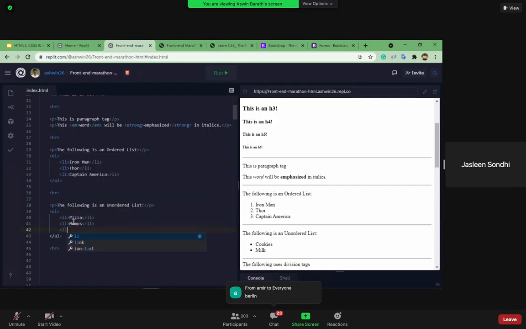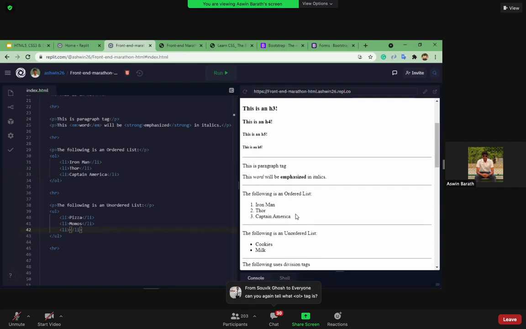Also, someone's asking, Ashwin, what is the LI tag? Can you explain that once again? Okay, so in an unordered or ordered list, we have to add some words, right? If you can see over here, Iron Man, Thor, and Captain America are nothing but list items, right?